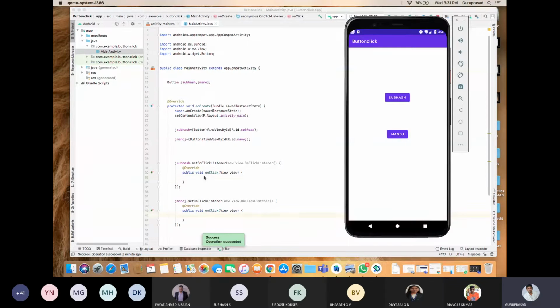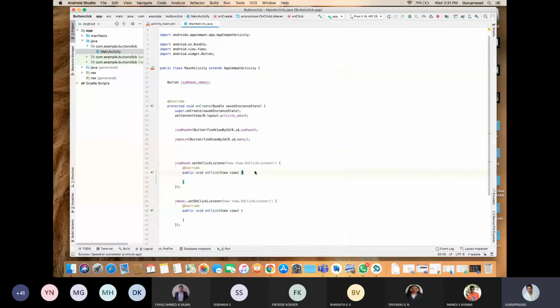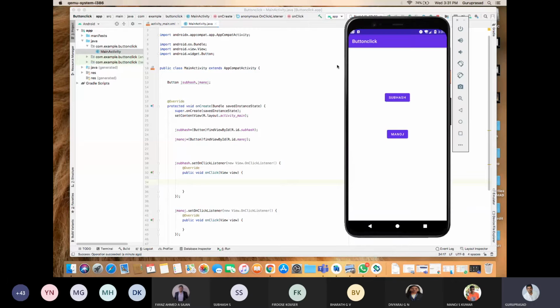No. Now in the Subhash button, I will toast the message. A toast message is a short length message in the same activity, in the same page. Which page is this? The main activity page, right? Yes or no? Yes, sir.